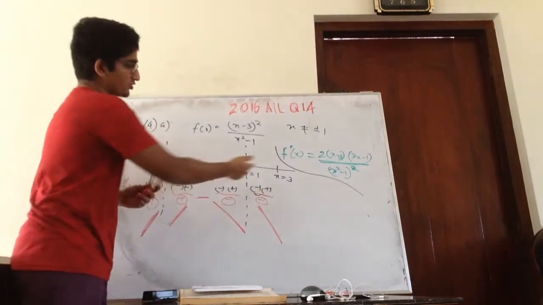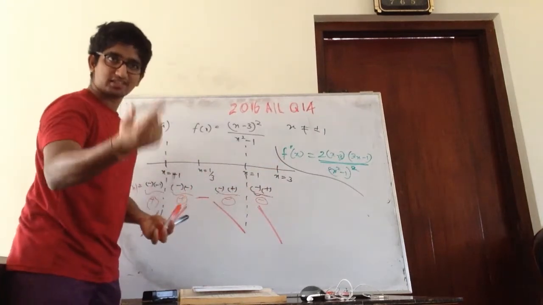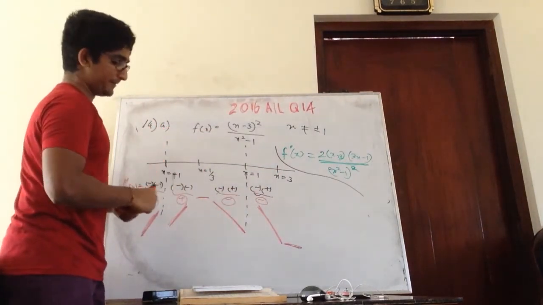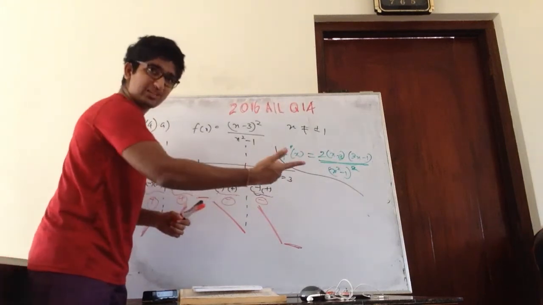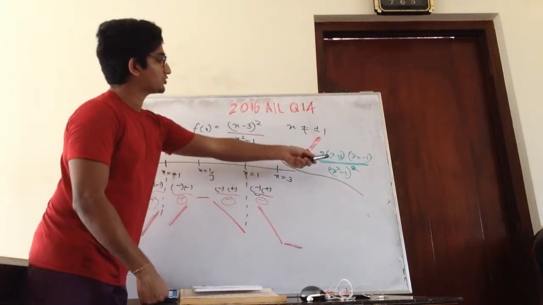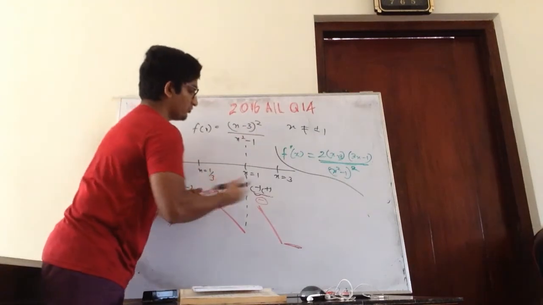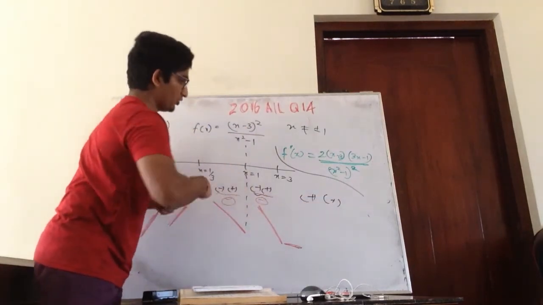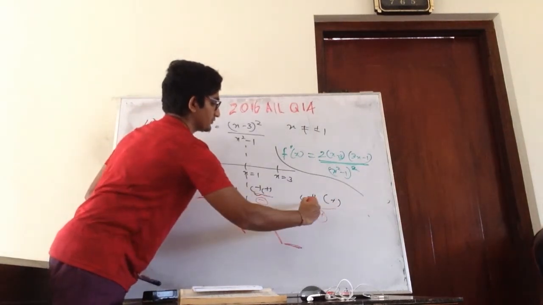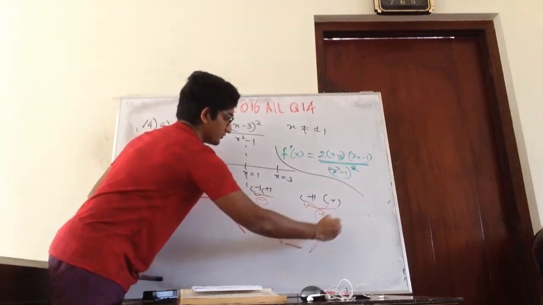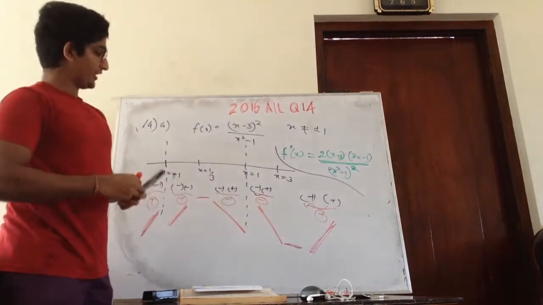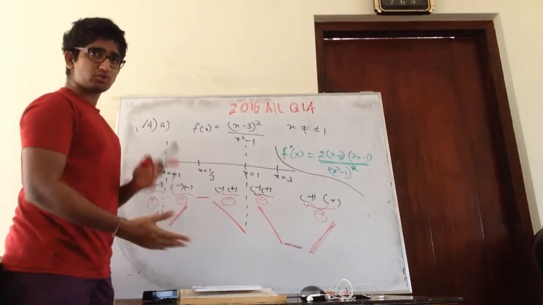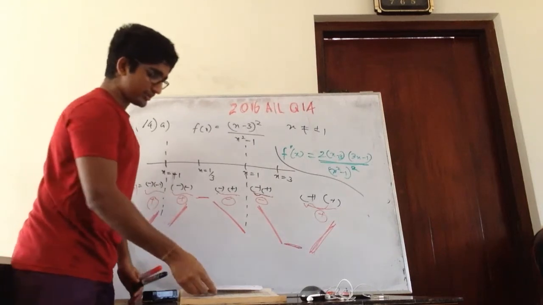Right? So then I know that, because x equals 3 is the turning point, it's going to be 0. Then more than x equals 3, what is that? This is going to be positive and positive. So the whole thing is going to be positive. So I will get something like this. Correct now? So now I have basically found out the shape of the graph.